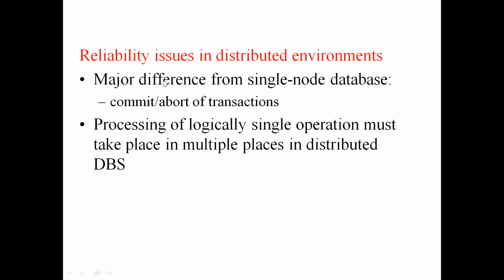That is the reliability issue. Why is it a reliability issue? Because the operation is taking place in multiple places. If one of the nodes has crashed in between, their database has crashed, there is a power failure, they are not receiving communication, any kind of failure. The other one has completed its operations 1 and 2, but the third is not completed. That means the transaction as a whole has not completed. So how do we come to know at one location whether the other location has completed or not? That is the issue in a distributed environment.